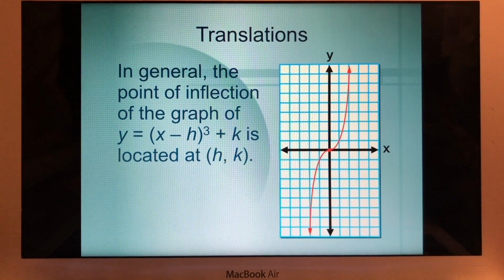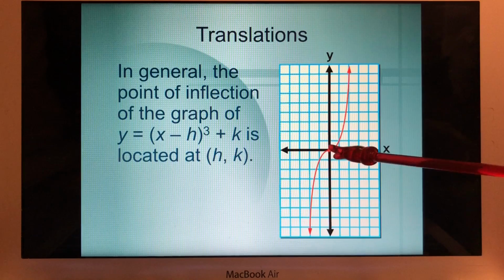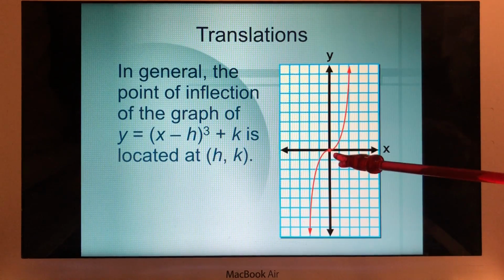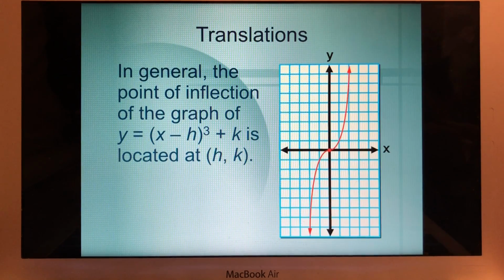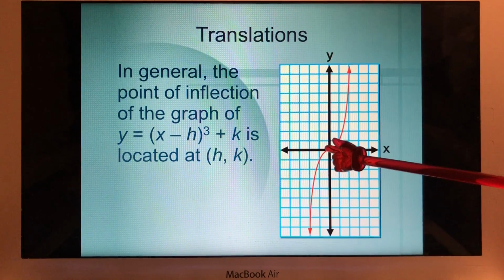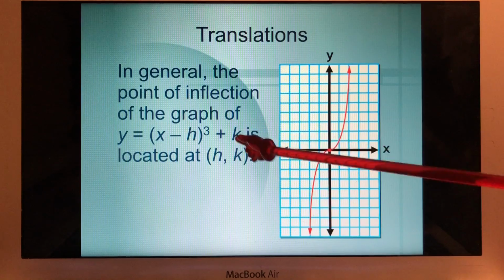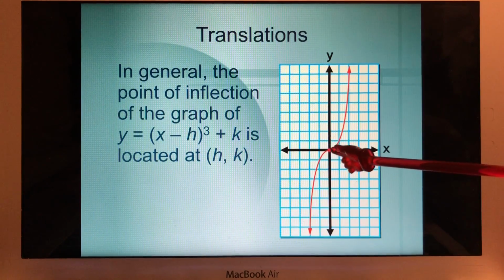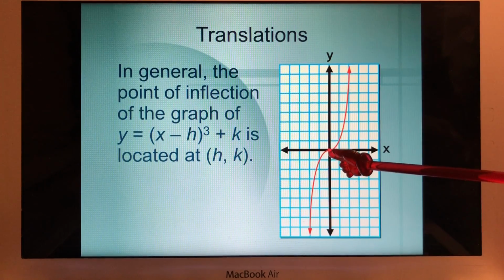In general, the point of inflection, that's this right here, of the graph of y equals x minus h cubed plus k is located at (h, k). Again, you have (h, k), okay, that's still in a parabola, that would be the vertex, but here in this graph, this is